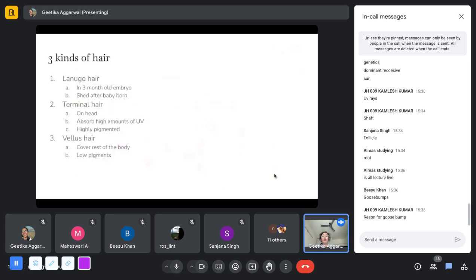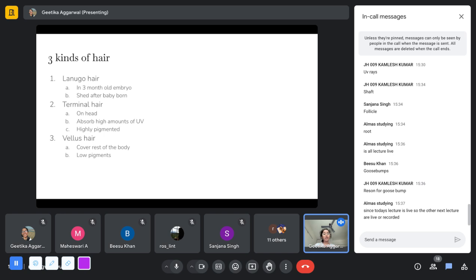Okay, so, moving on to the kinds of hair, we basically have three kinds of hair that were discussed in class. We have the lanugo hair, which is mostly found in embryos which are inside their